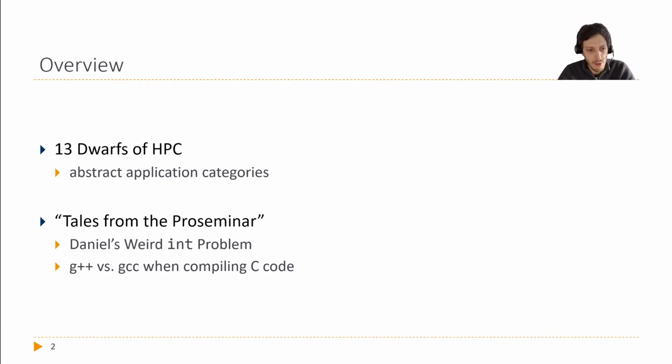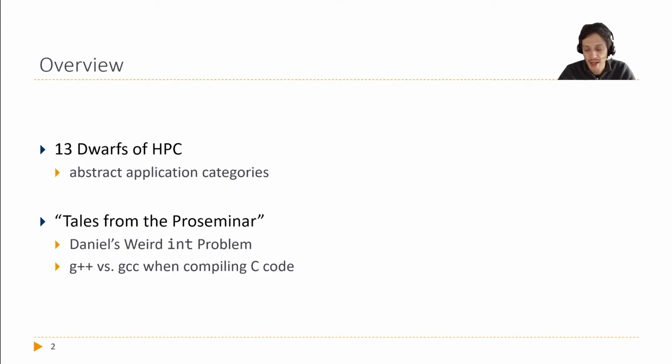So we're going to discuss some of these categories today, and afterwards we're going to have a short session of Tales from the Proseminar, where first we're going to talk about Daniel's weird integer problem. Daniel is a student of last semester's course or last year's course, who had a very funny problem. And afterwards we're going to discuss the difference between G++ and GCC compilation with a code